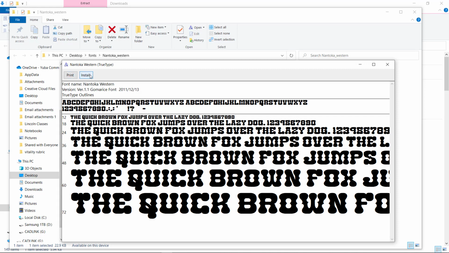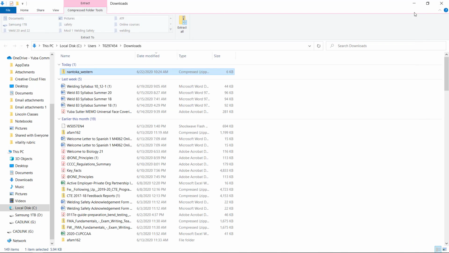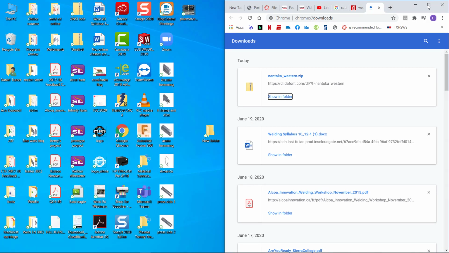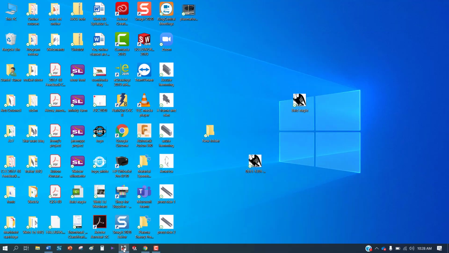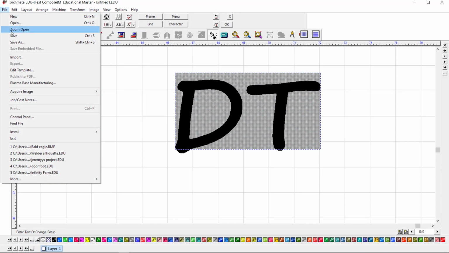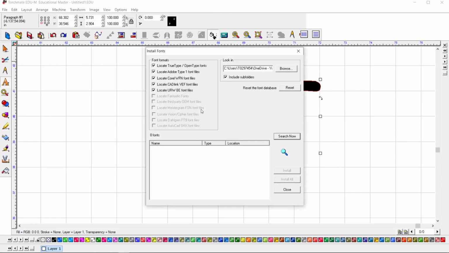So once you open it though, you have to hit this is a true type font. I'm going to say install. When that goes gray, that means it's been installed. I can now get out of these folders, and I can go back to my Torchmate CAD, and I go File, Install. Wait a second. What's that word right there? Fonts. So if I go Torchmate and File, Install, Fonts, now I can go out there on my interweb,